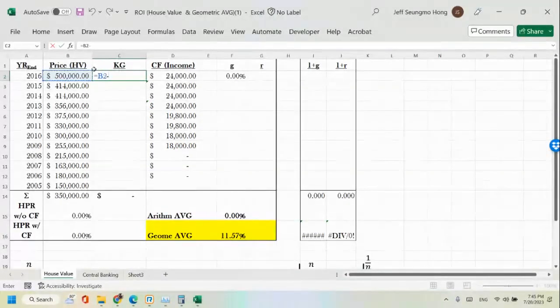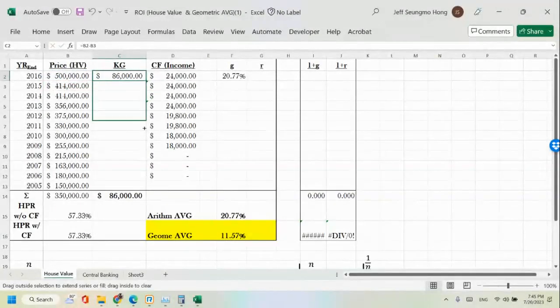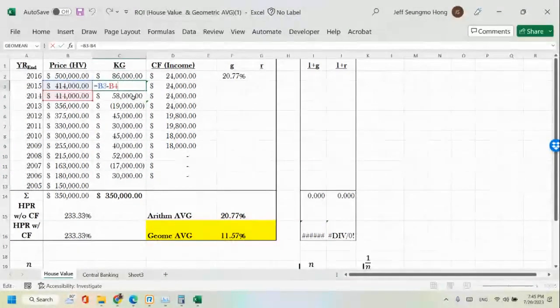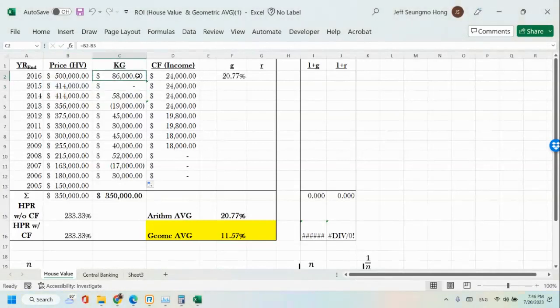It is this minus this, and then you simply drag it down. Okay, so it gets